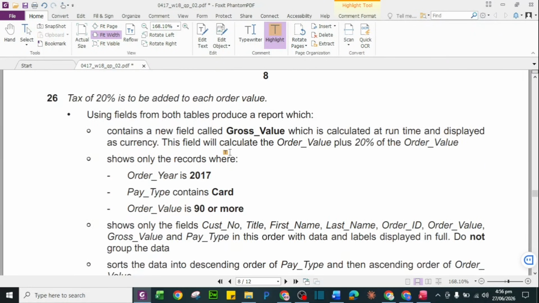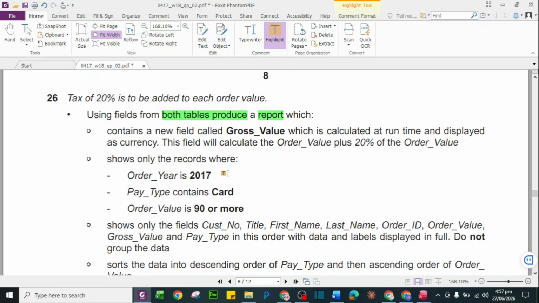Now let's move towards question number 6, which is the creation of a report combining both the tables. Tax of 20% is to be added to each order value. Use fields from both the tables, produce a report which contains a new field called gross value.